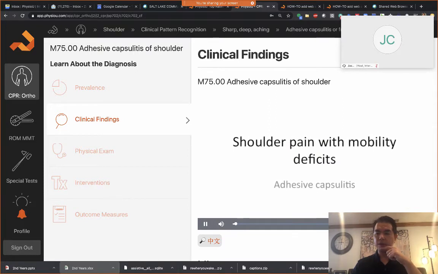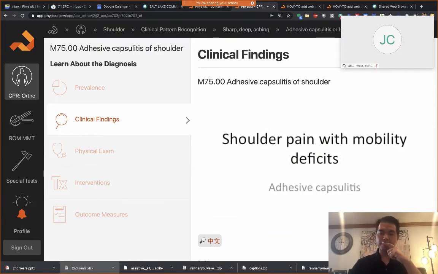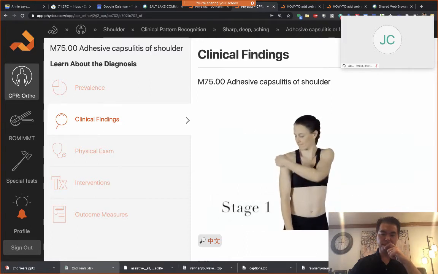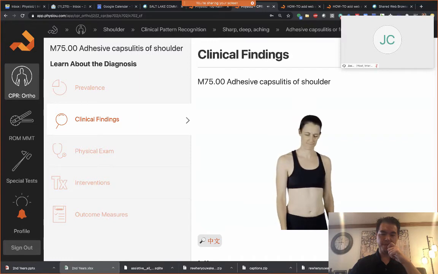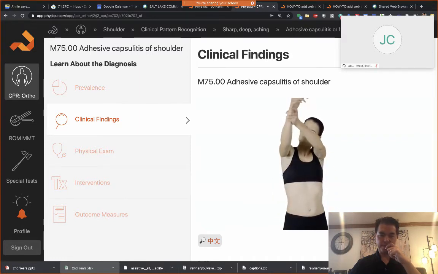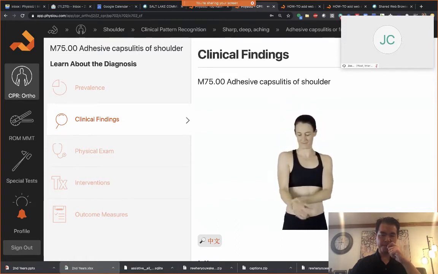Shoulder pain with mobility deficits or adhesive capsulitis. Stage 1, which may last up to 3 months. Patients typically describe sharp pain at end range of motions, achy pain at rest, and sleep disturbances. Note that even though the range is painful, she has full range of motion.